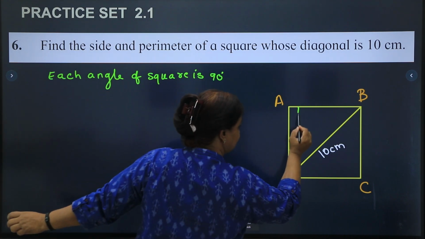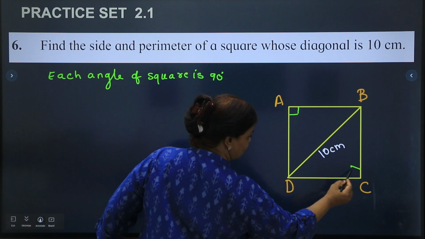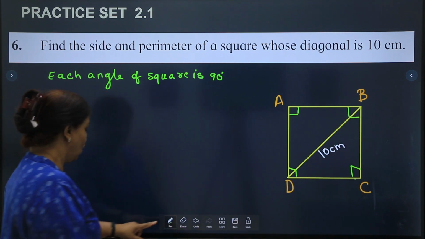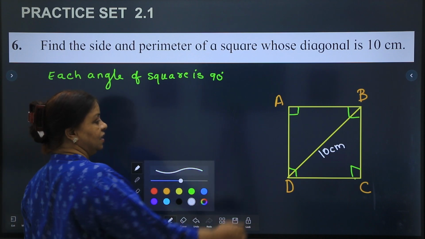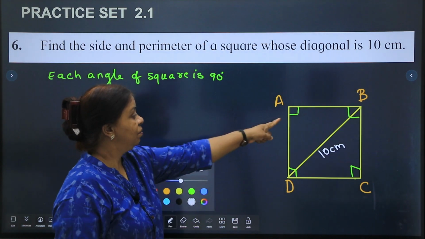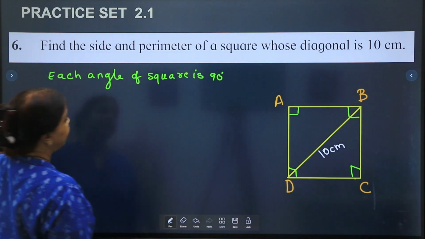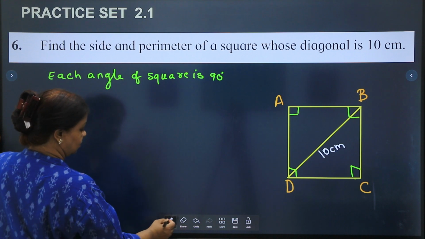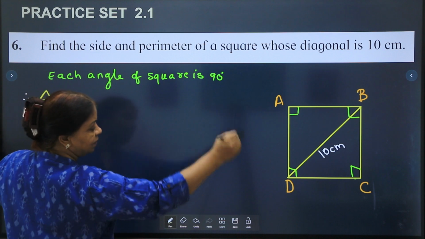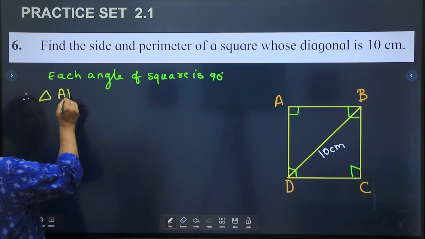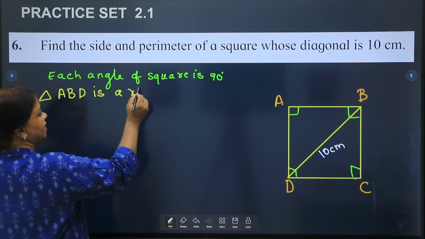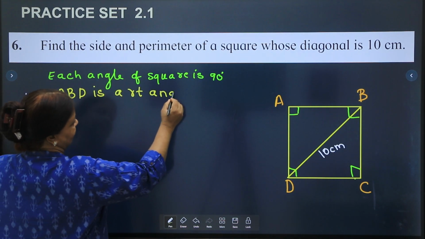If this is 90 degree, this is also 90, this is also 90, this is also 90. If you go to see, ABD is going to be a right angle triangle because A is 90 degree. Therefore, triangle ABD is a right angled triangle,